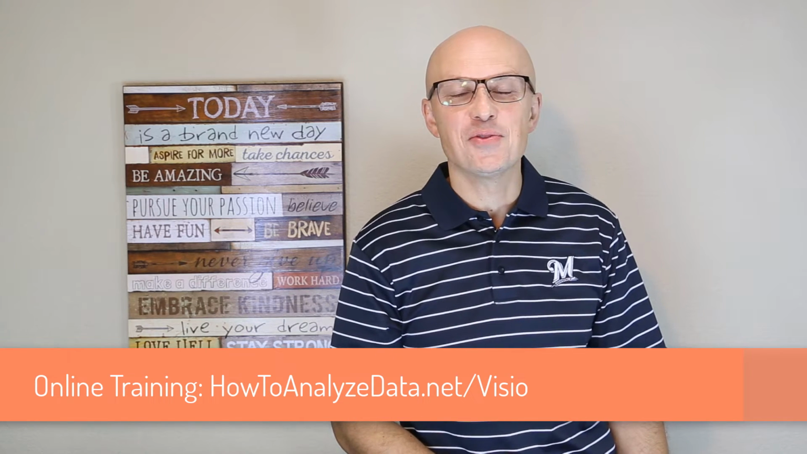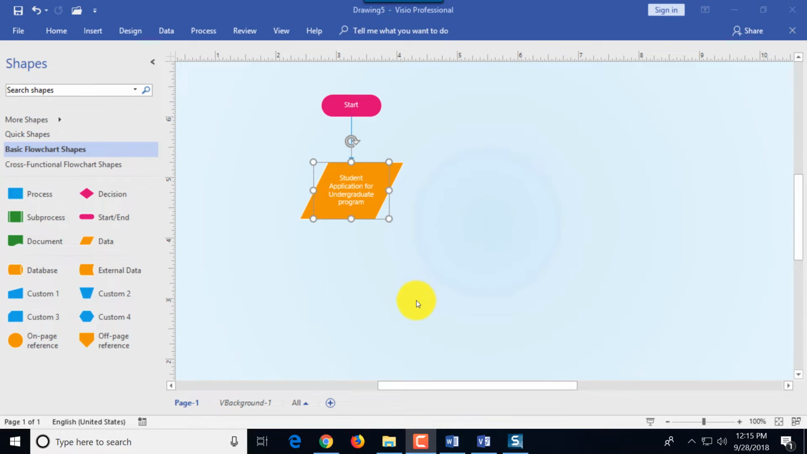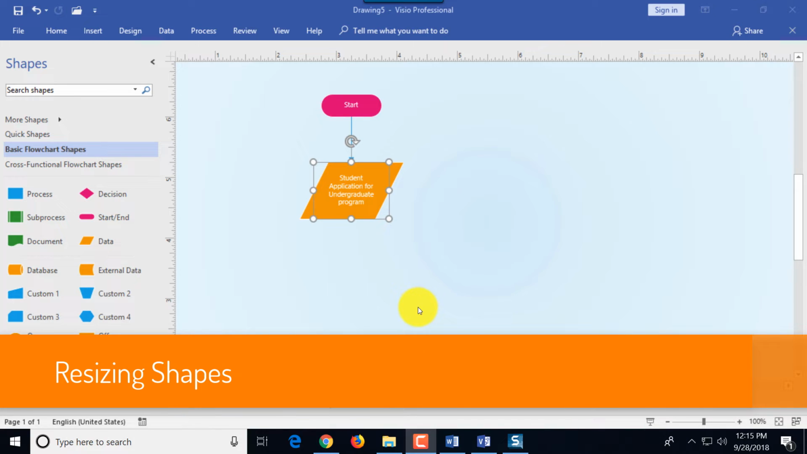Now let's continue and have more fun. Now let's add more shapes and produce the valid diagram so we can use